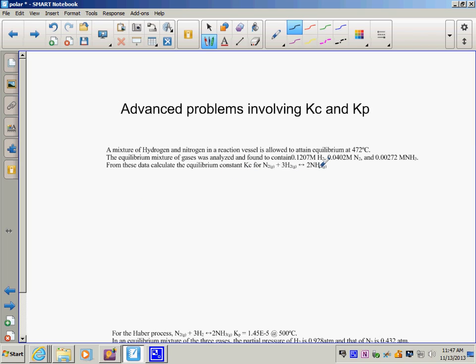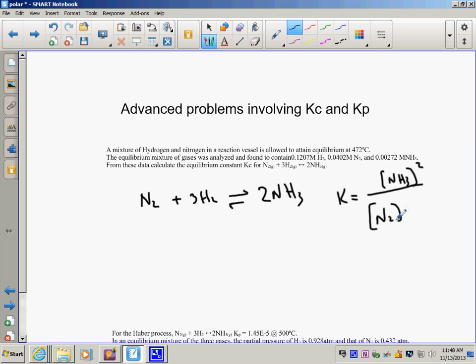I'm just going to write this equation out. We have an equation N2 plus 3H2 yields 2NH3. For the expression here, I have K equals the concentration of NH3 squared, over the concentration of N2 and the concentration of H2 cubed. So we also have our ICE table, and